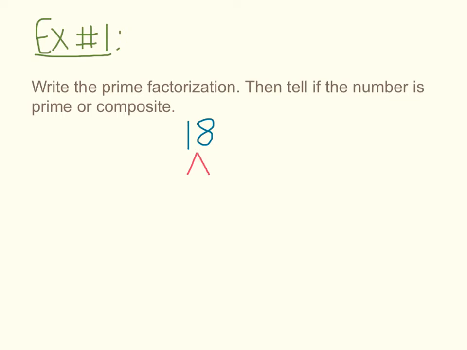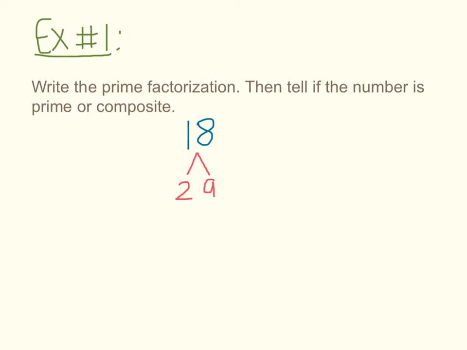So we're going to think to ourselves, what 2 numbers multiply together to equal 18? And there's a few different things that we could use, and they're all going to get us the same answer. But I'm going to go with 2 because I know that 2 goes into 18 because 18 is an even number. So 2 times 9